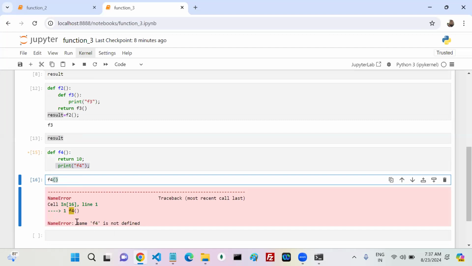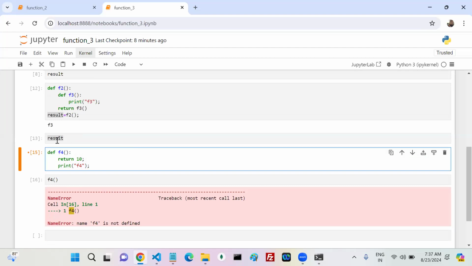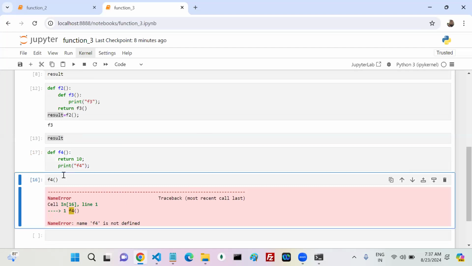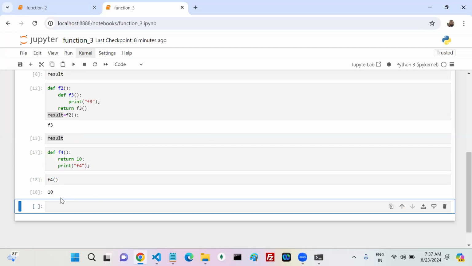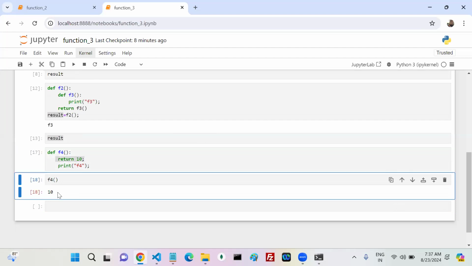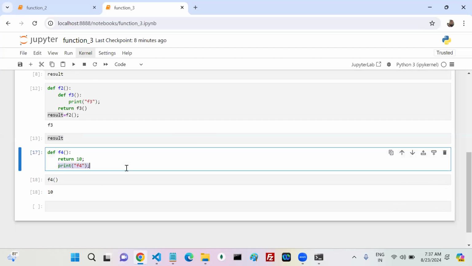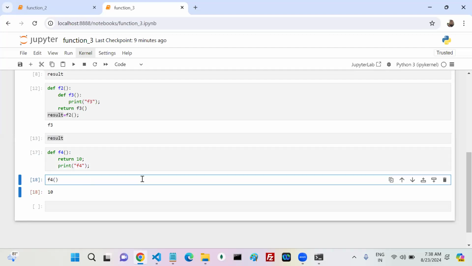Why? Because you have not executed this block. Now the return value is 10. It returns, so is my print in f4 printed? Not printed. So it's an unreachable statement.